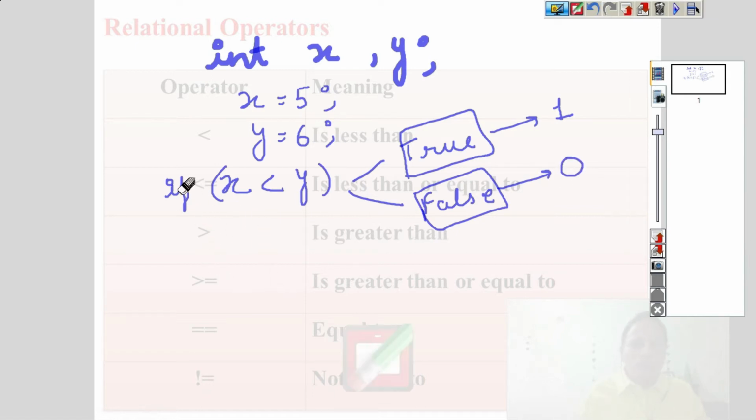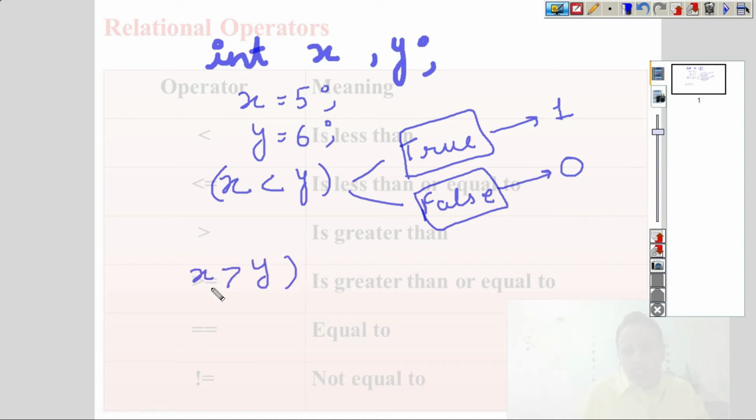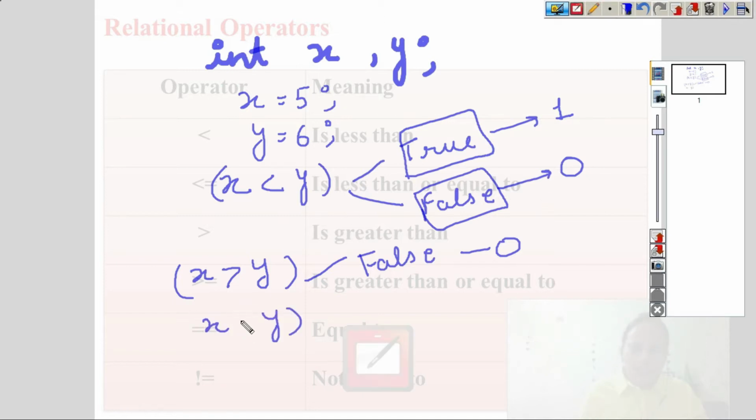Similarly, if we check the greater than operator, x greater than y, in this case, when x is 5 and y is 6, this result will be false, and then the compiler will give you 0. So let's check all these relational operators. Similarly, x less than or equal to y, is it so?